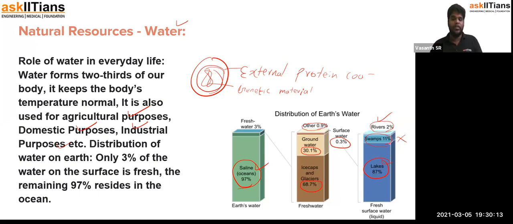So it might sound like a huge amount, 87%. Okay, 87% of the surface water, which is 0.3%. So that is a very small quantity compared to the 3% of the total 100% that is fresh water. So if you see the ratio distribution, it is a very small quantity which is readily available for our consumption. So water is one of the most important